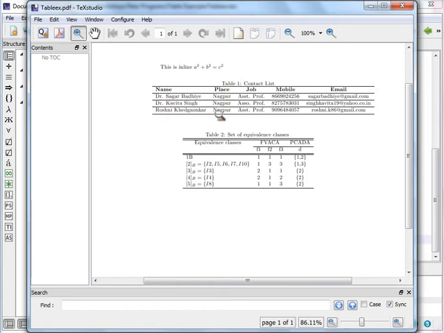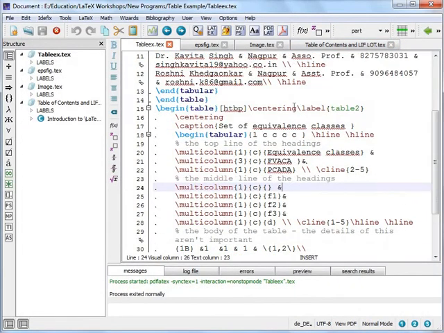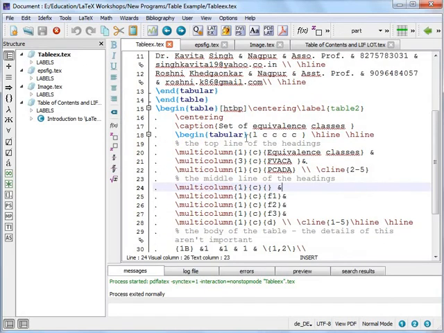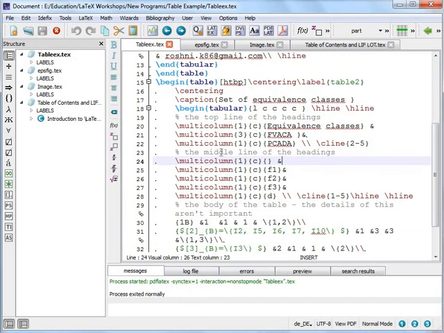And then in this column we have added, we have not used any vertical line, so they are simply having horizontal lines, and there is no vertical line in the table, because when we created the table environment over here, we have not placed the pipe symbol, so there is no vertical line over here. If you place the pipe symbol in between, then vertical lines will appear in the table, right? So there are no vertical lines over here.